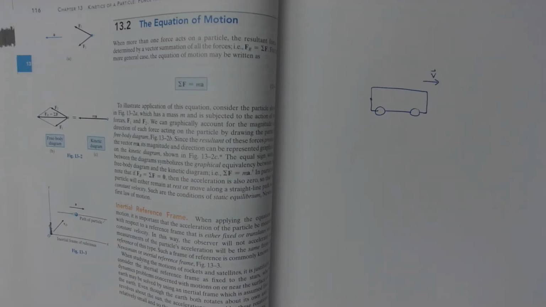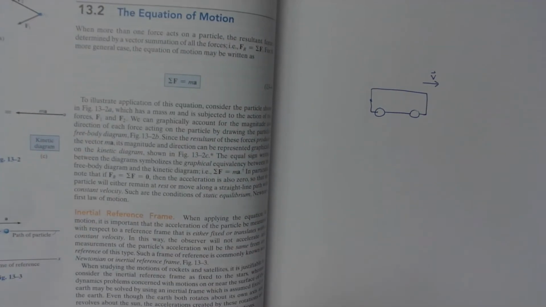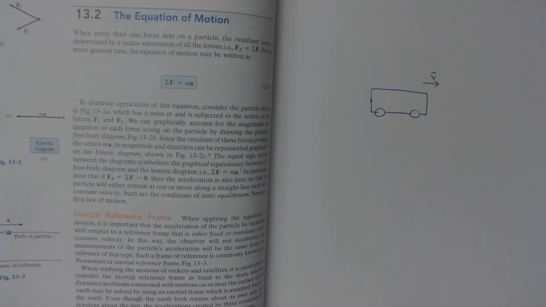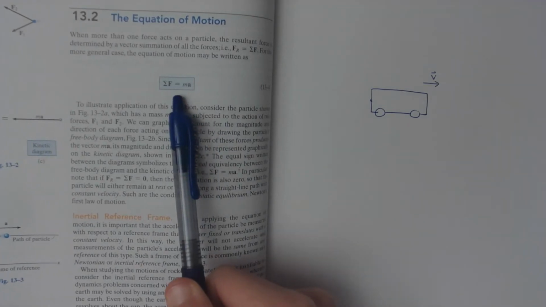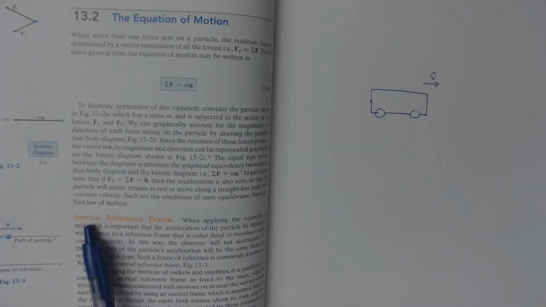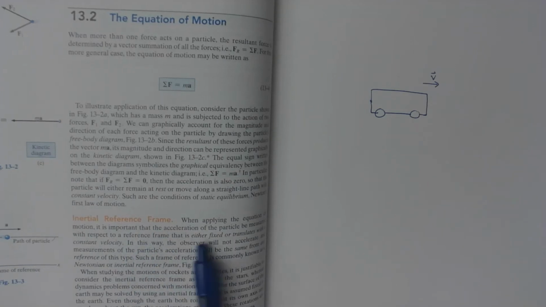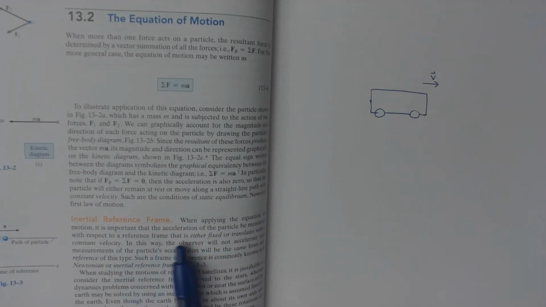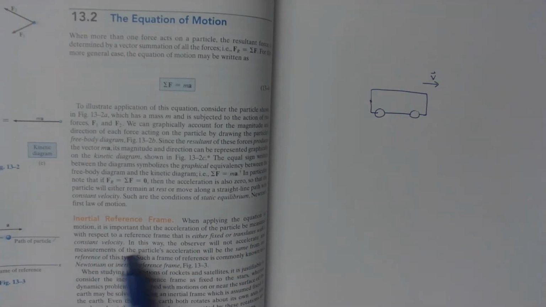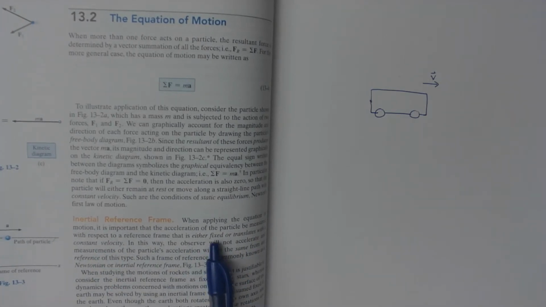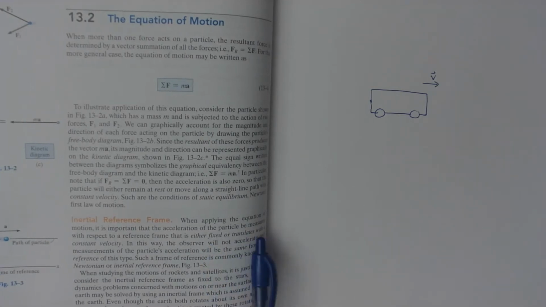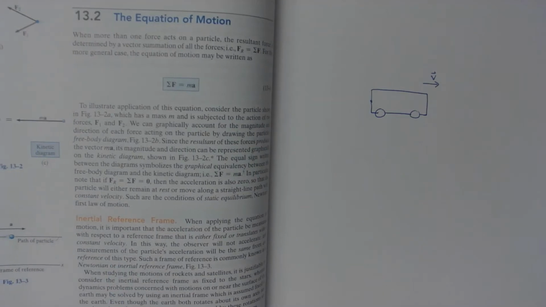Before we move on to the next section of Chapter 13, we're going to go back to Section 13.2 and talk about inertial reference frames. If you want to apply Newton's second law, you need to do it in an inertial reference frame. They say here that an inertial reference frame is either fixed or translates with a constant velocity, and it has to be fixed relative to another inertial reference frame or translating with a constant velocity relative to